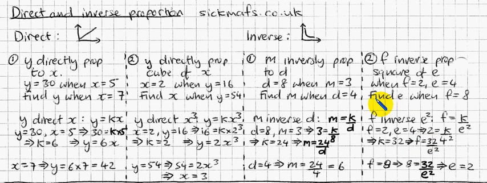And as usual, they want you to work out one of the letters when you know the other letter. So they want you to work out E when F equals 8. So F equals 8, replace F with an 8. So you've got 8 equals 32 divided by E squared. A bit of rearranging gives you E must be 2. And that's the end of our little